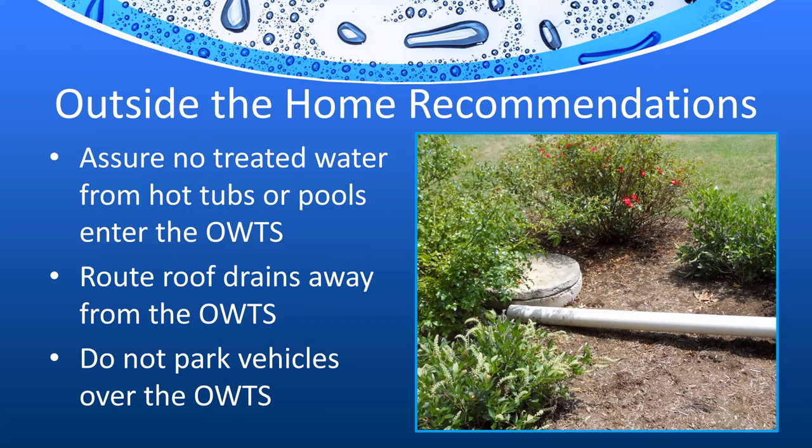One of the biggest ones we see a lot of is the roof drains. So the idea behind the roof drains is to get them away from your field. You don't want them dumping all that water from the roof when you get a lot of rain over top of the soil where your lateral lines are. You want those to go in a different direction so that it's not oversaturating the soil in your yard where the lateral lines are. So that is one thing you can do. You can reroute those roof drains.